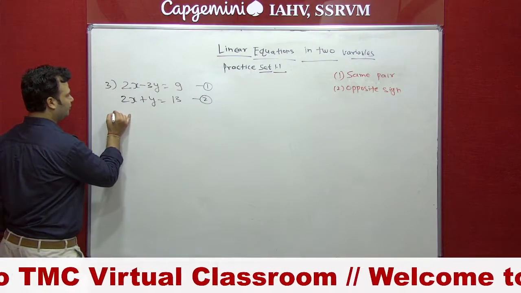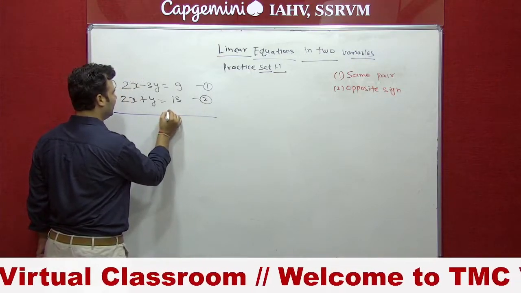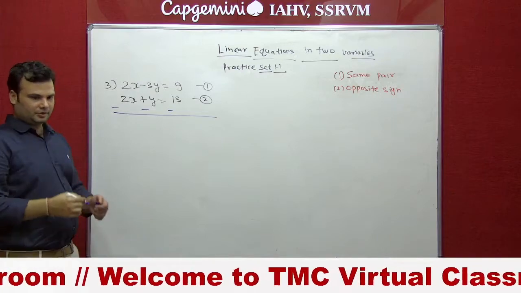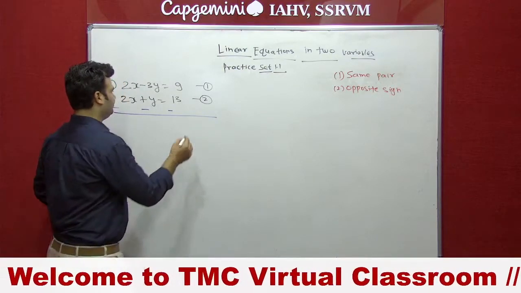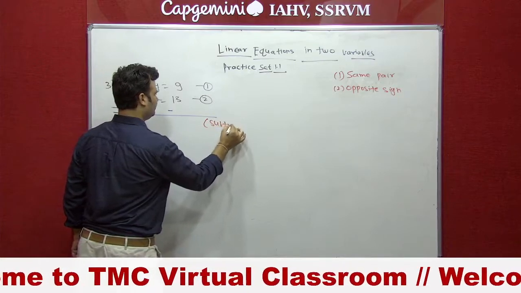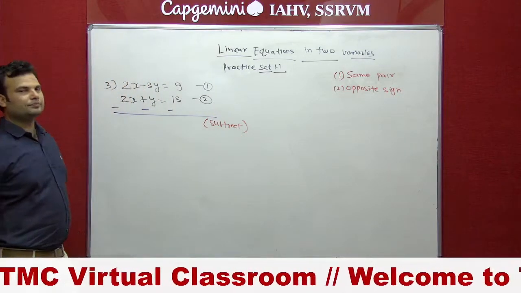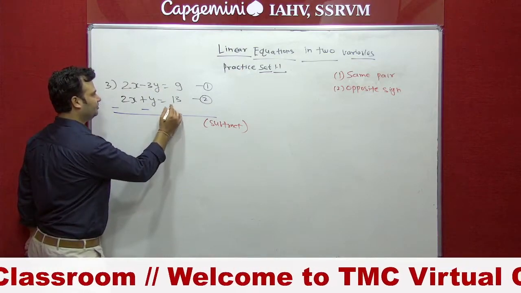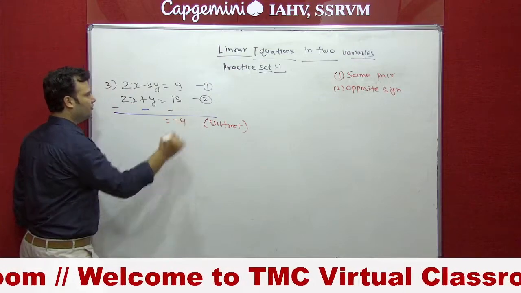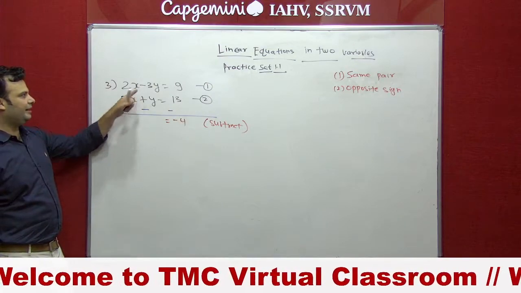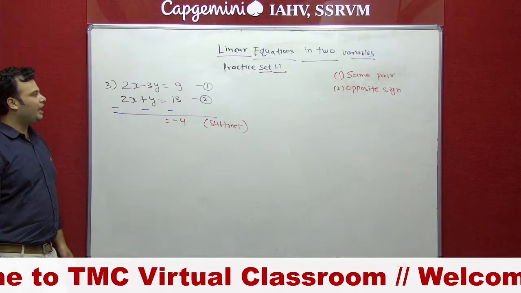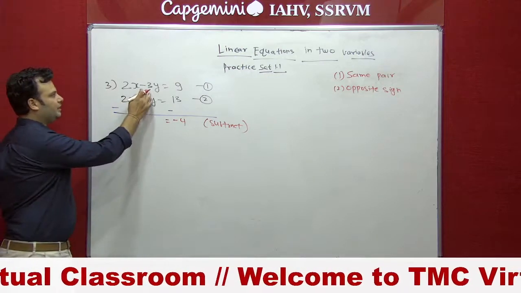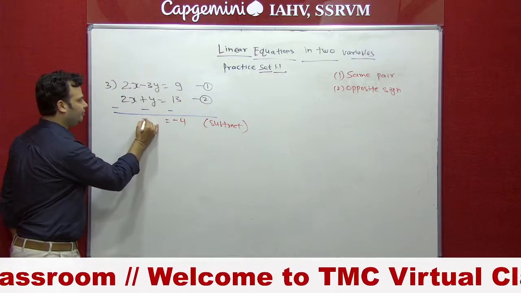So we subtract equation 2 and equation 1. We have to change the sign, plus become minus, plus become minus. Simple, so we can write here subtract. Minus 13 plus 9, yes, correct, greater sign is minus 13, so we take minus 4. Now minus and minus become plus, so minus 3y and minus y is minus 4y.